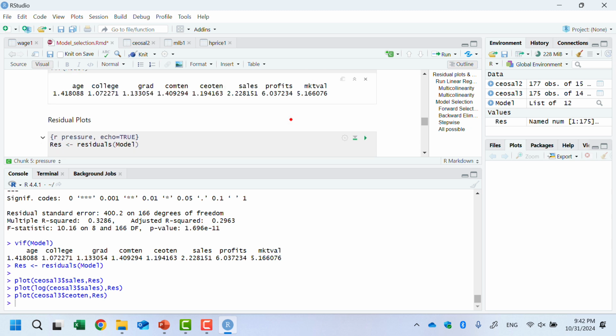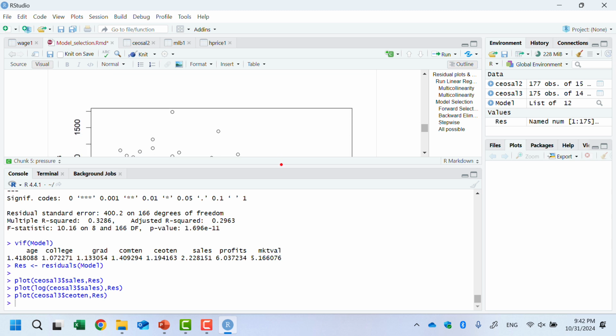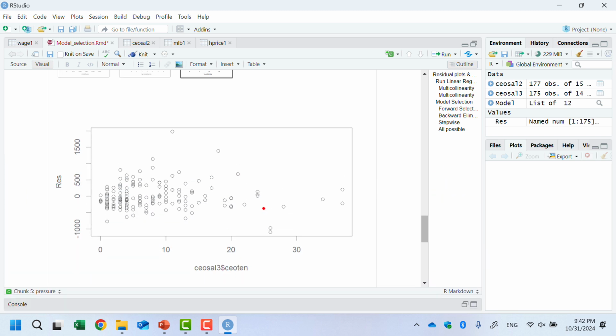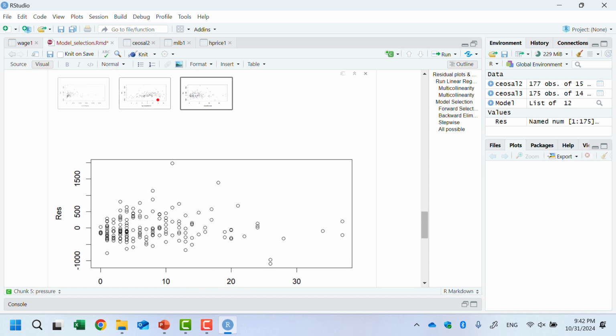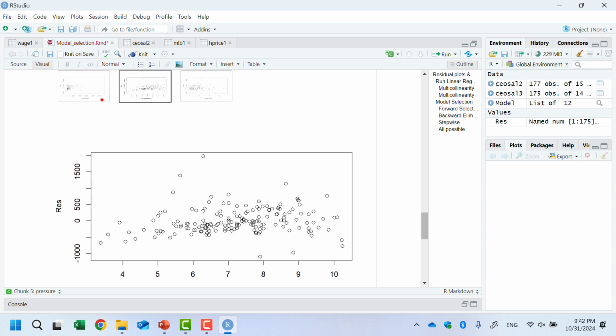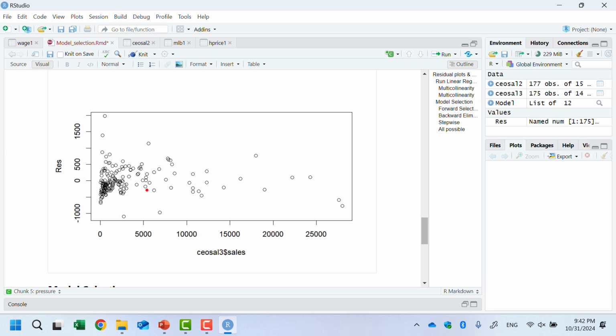Yeah, now I can see the graph. To see the graph better, I will enlarge this one. This is what I drew: the residual versus the CEO tenure, and this is the residual with log sales, and this is the residual with just sales.